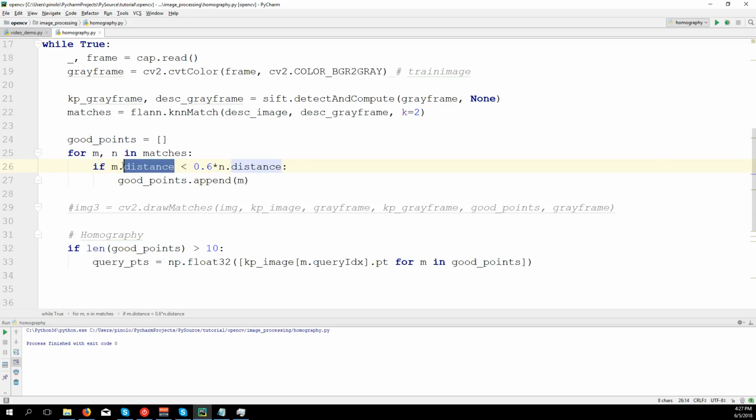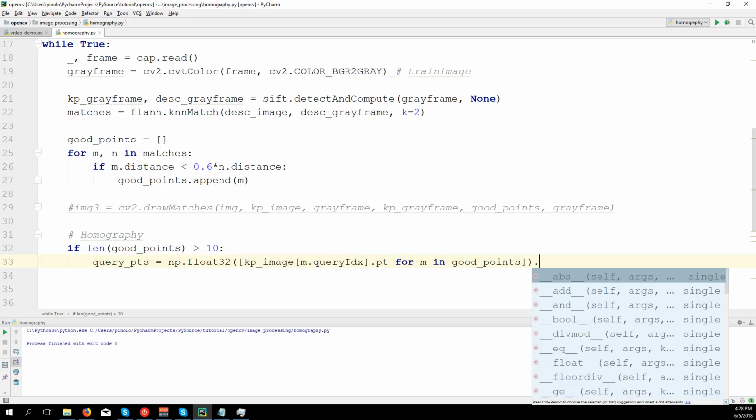Like the distance, which gives us the ratio, how good the match is. We can find how good the match is by comparing the distances. And then the other one is the query index. The query index gives us the position of the points of the query image. So we're going to extract these points,